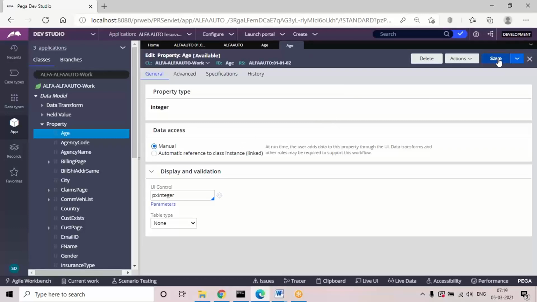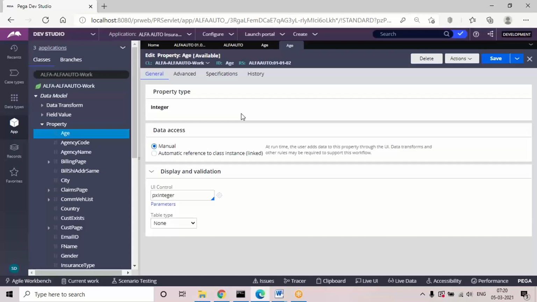Now the rule will be there in both versions. Age is there in version 1, and it is also there in version 2. But whatever rule is in the latest version will be accessed in the application. Now age in version 1 is a duplicate rule, and the latest rule in version 2 will be used in the application. Suppose as of now I didn't make any changes, but in the future if you use the age property anywhere in the application, it will be taken from the latest version.